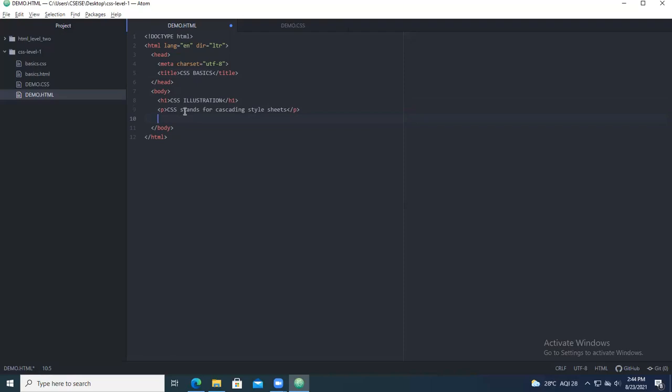Okay. So now you come to something called OL. Take an ordered list. So in the ordered list, type something, CSS reasons. In that you go for LI. LI means each list item. So you give something called secure.